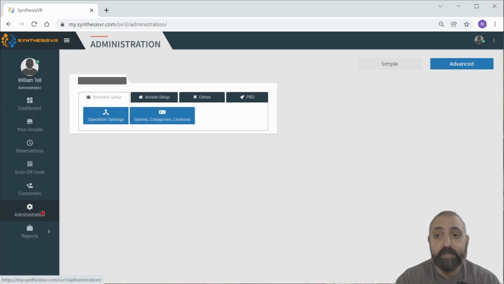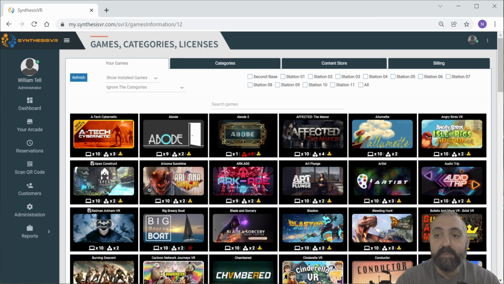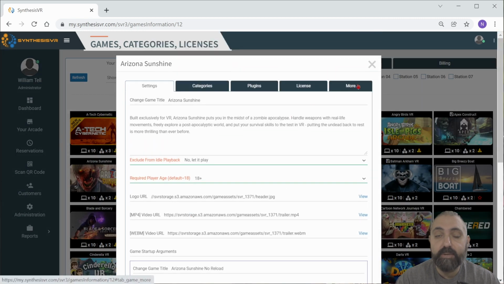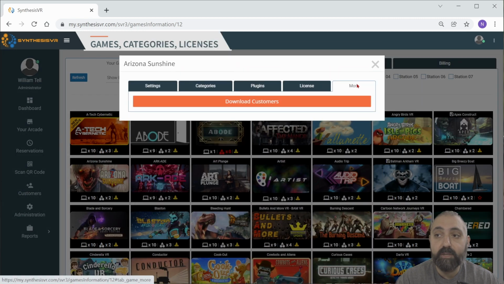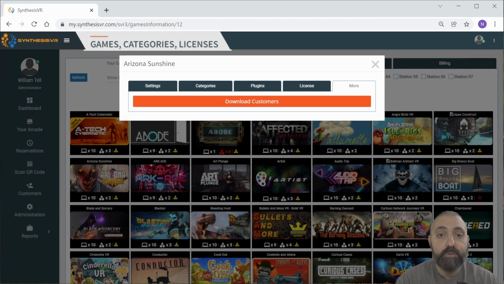Additionally, if we go to administration and then games, categories, and licenses, and then if we were to click on a specific game, you'll see that there is a more tab. And if we click on the more tab, we can download the customers that have played this game, allowing us to be able to import those into a CRM and email customers of any new games that might match that particular kind. So there is a variety of different ways that we can find information in Synthesis VR, and I'm